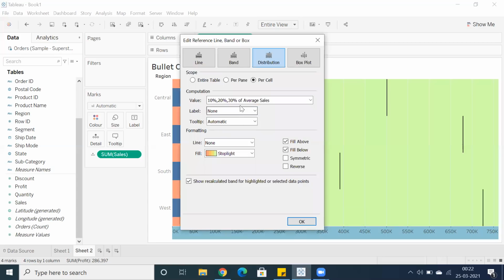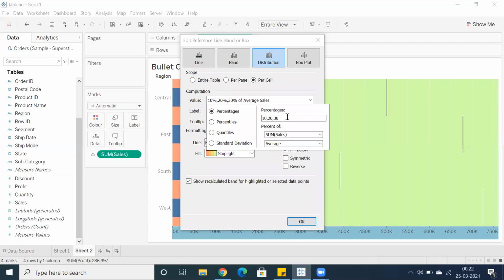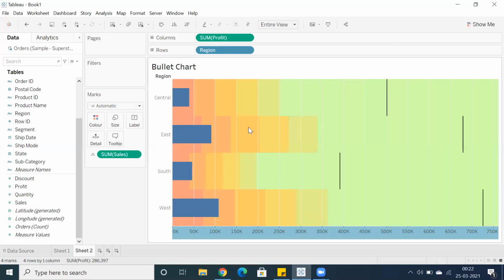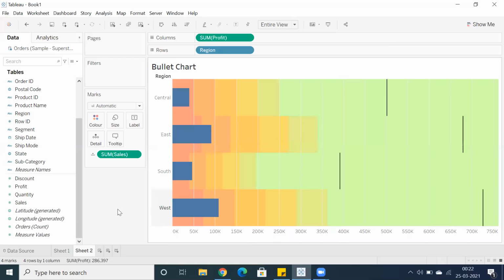Interestingly, these options, the percentages, so if you want to prefer like a 40, 50 percentage range, those banding colors, yes, this is one of the interesting parts where you can use some banding colors for that specific range of values. Out of 100 percentage, you can check how much profit we got when you compare sales in terms of percentages. Right, so that's the advantage of bullet graph, something like target versus achieved sales.